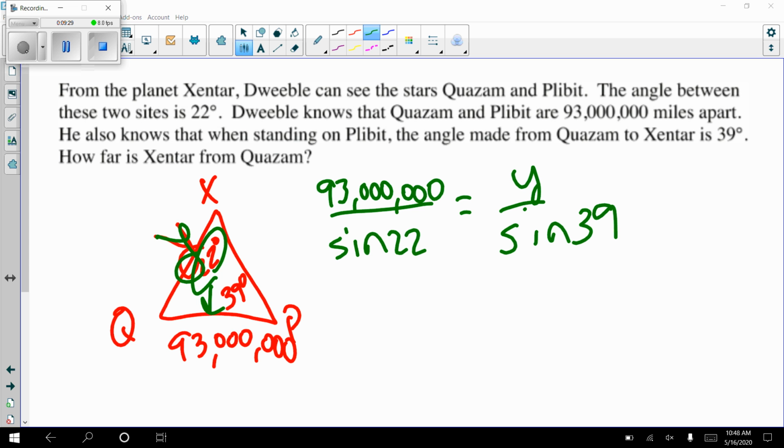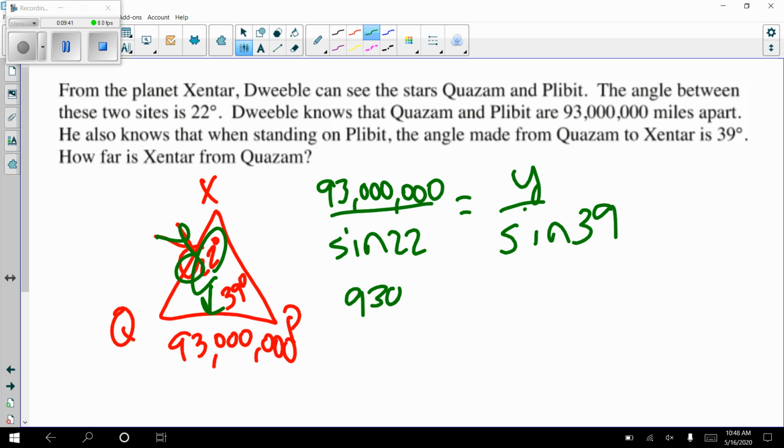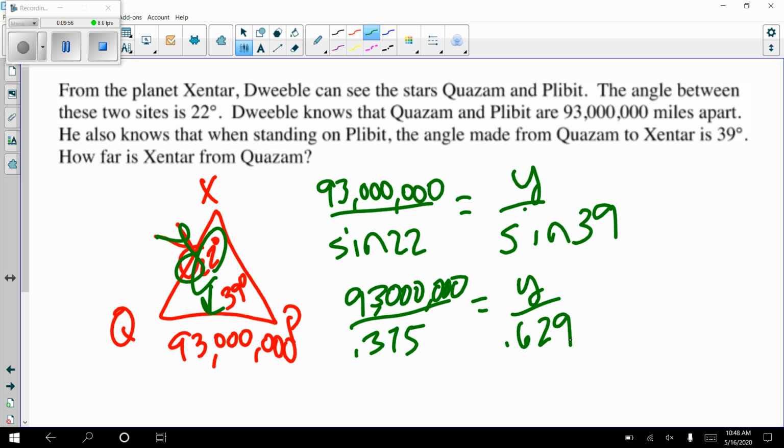All right, so we figure out what the sine of 22 is. Let's start there. So 22 sine, so I get 93 million miles, over 0.375 equals y over, and I do sine of 39. .629. Okay, as you guys know, this is where we're going to cross multiply. So I get 0.375y equals,